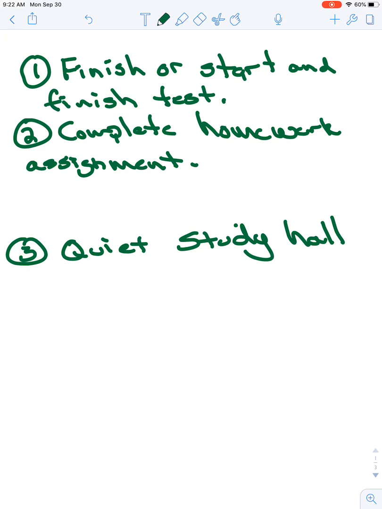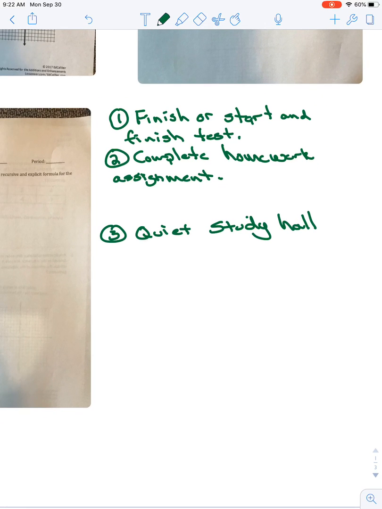What we're going to do, again: finish test, do the homework assignment, quiet study hall is the period. A lot of people were absent on test day last week, so it needs to be a quiet period because a lot of people are just starting that test for the very first time. Okay,